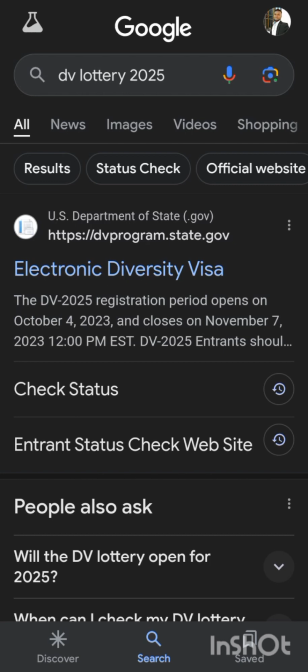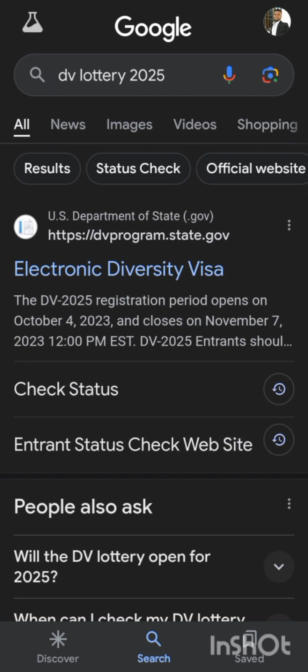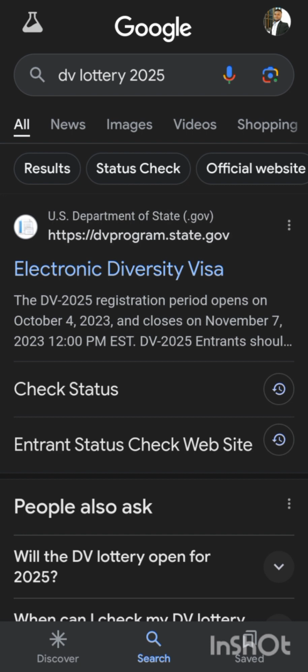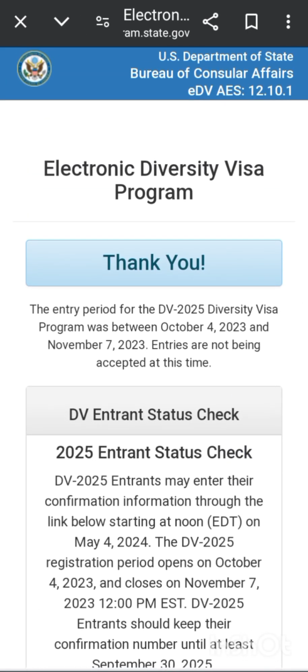The sub domain name is us.departmentofstate.gov, but the web page name is Electronic Diversity Visa. So you can see the link there, https://dvprogram.state.gov. Once you see that link, just tap on it. You tap on the link on this Electronic Diversity Visa program. You open the next page, which is actually the window for checking of the